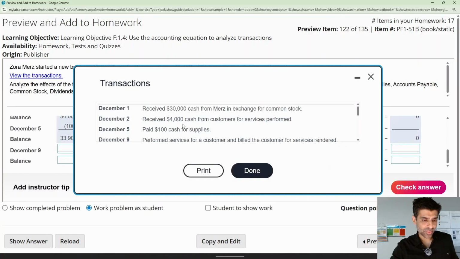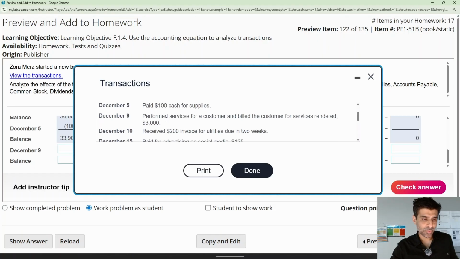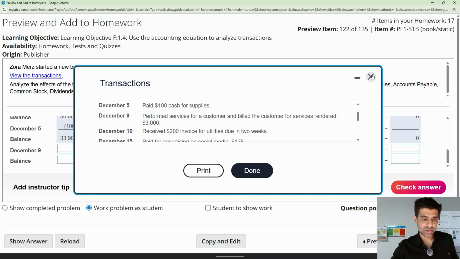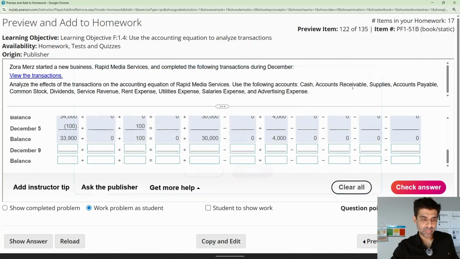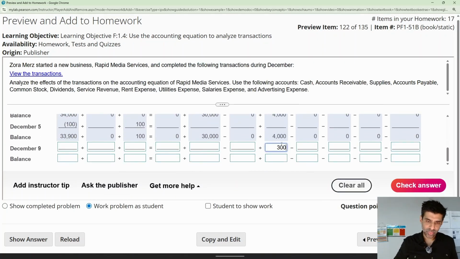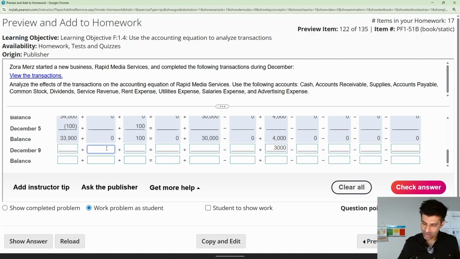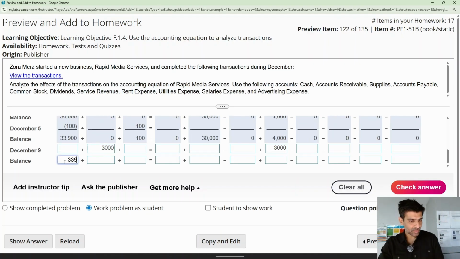Okay, December 9th. I'll do one more and you guys can keep working. Perform services for a customer and bill the customer for services rendered 3,000. Okay, so again, that's going to be a revenue. We performed services 3,000. They're not paying us yet, so it's not cash. What is the account that's going to increase from this? Receivables. Okay, so we have this account receivable. It's going up 3,000. So now when I do the balances,